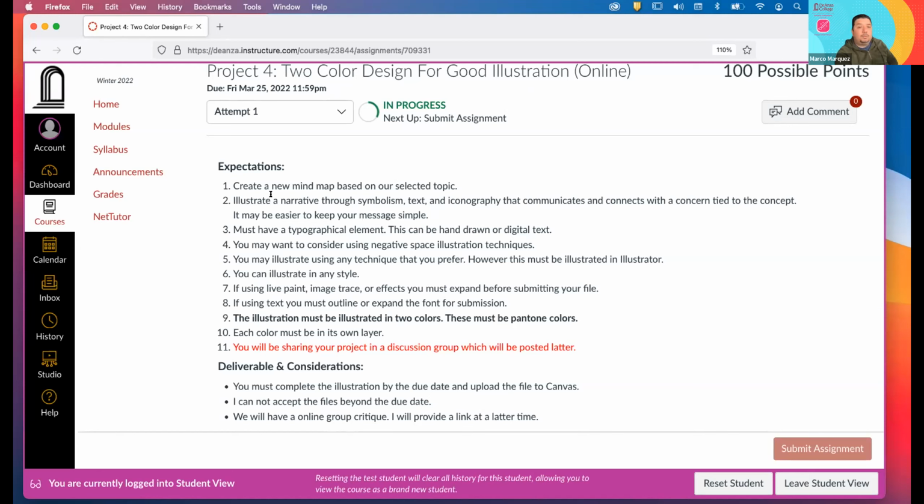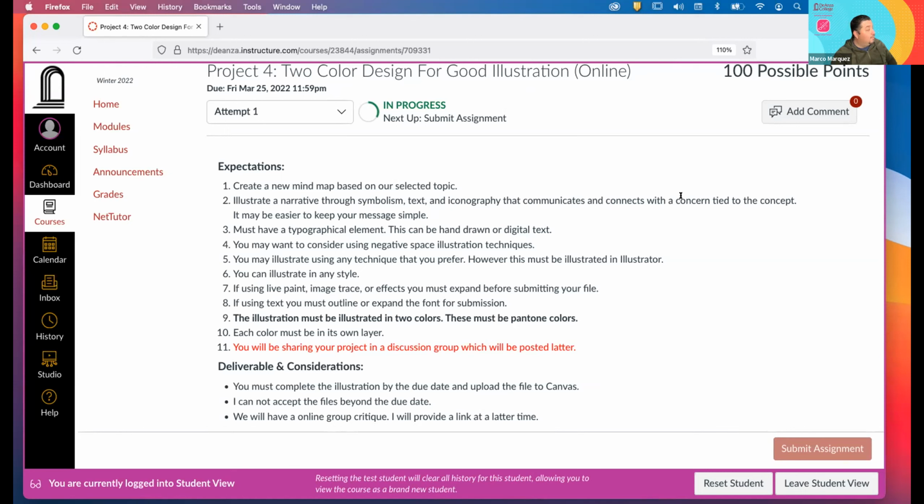I think it will really help in gathering some visual direction and an understanding of the type of iconography and symbolism that you can use in your illustration. So illustrate a narrative through symbolism, text, and iconography that communicates and connects with a concern tied